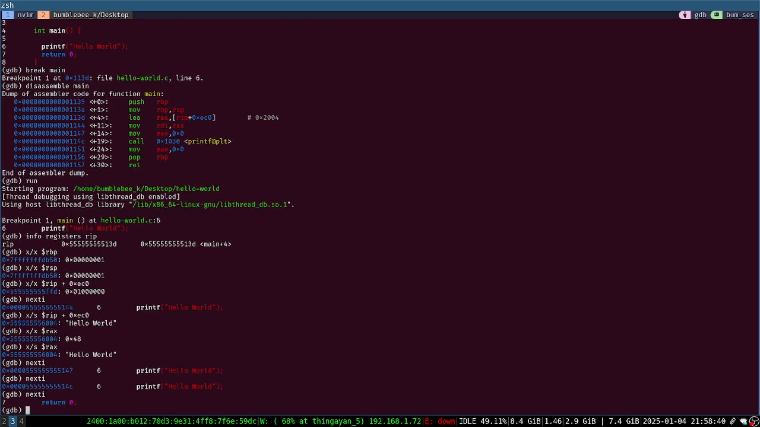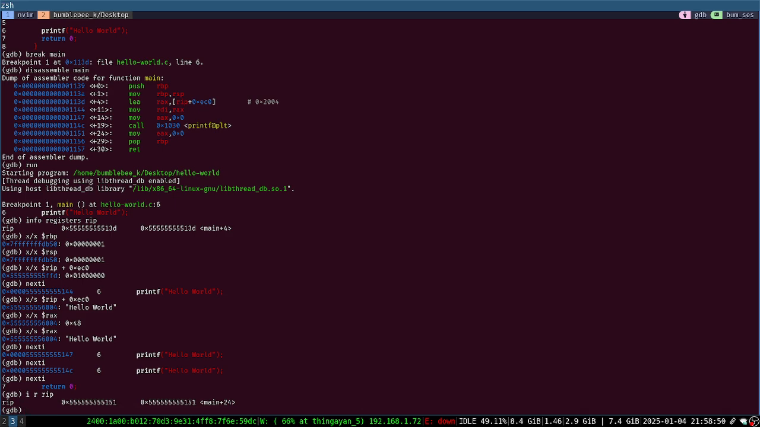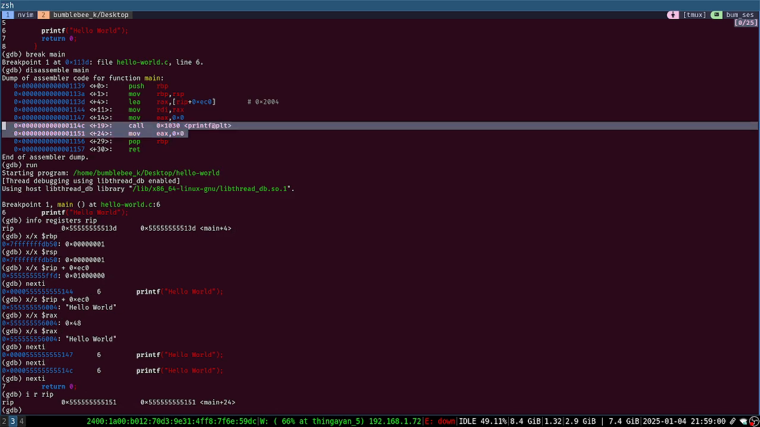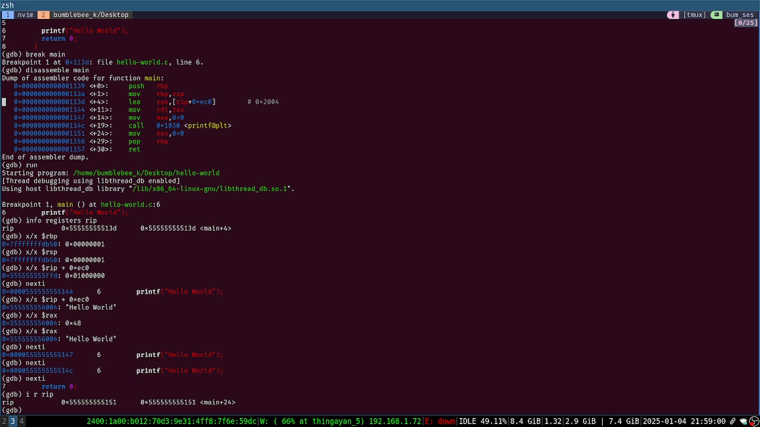Next, it is loading everything, and now I can do the shortcut RIP. You can see that it is at line 24. So it is at line 24 now, which means that the hello world is located at this